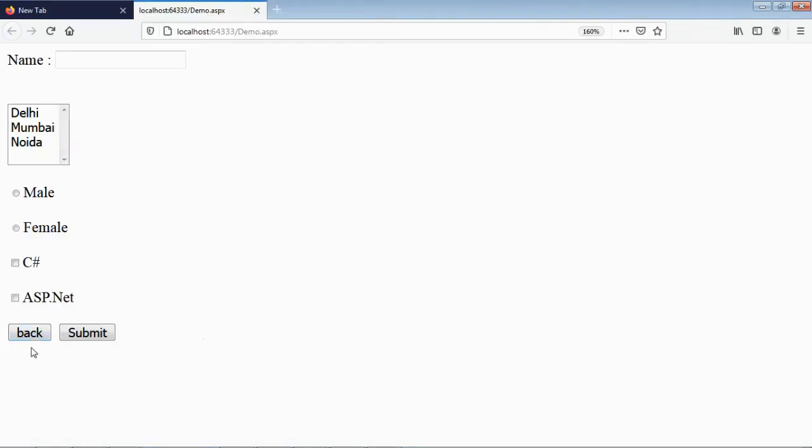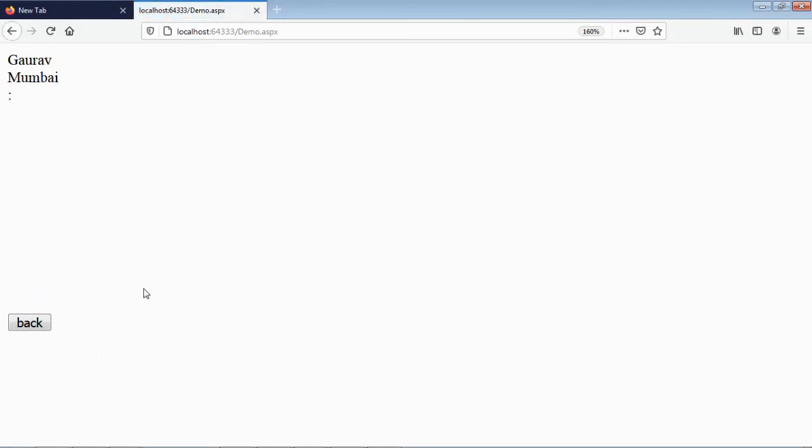Now the back button is visible here. So enter the name here, select the city, click on the submit button. Here is the desired output. There are some extra semicolons over there.